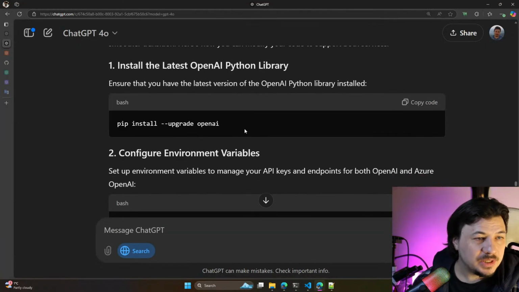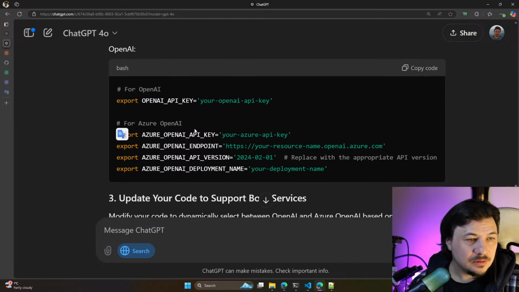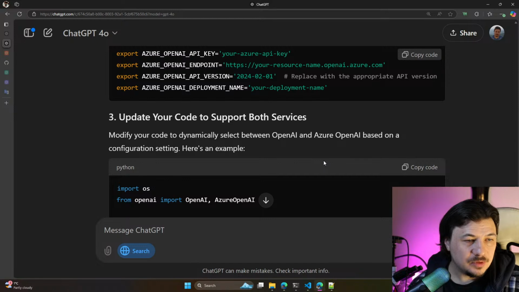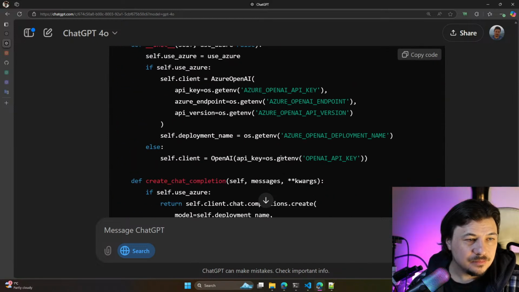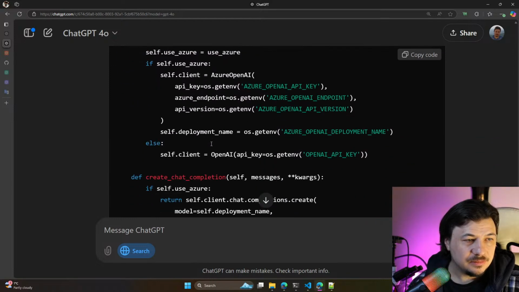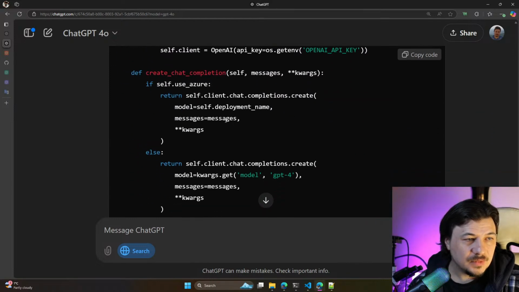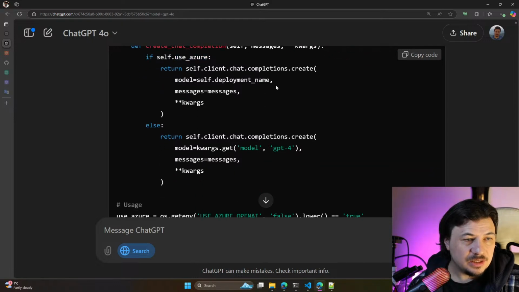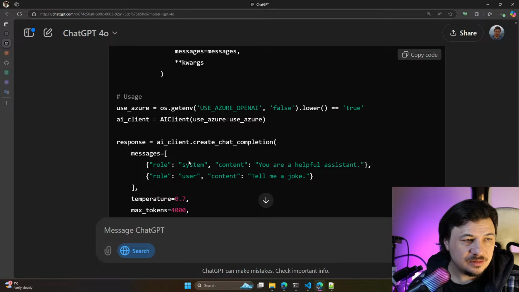Okay, upgrade. It's still OpenAI key, Azure, OpenAI deployment name, okay. So anyways, they use the client, and when they do chat completion, it's self client chat completion create, model is the deployment name, and messages.